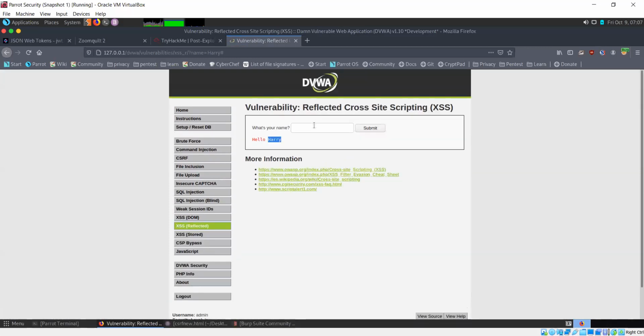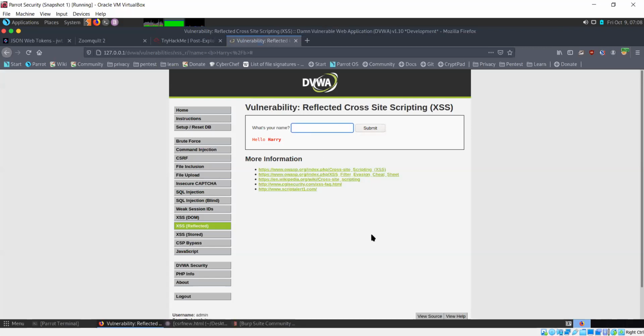What if I wanted to try something and make this Harry appear bold? As in, when we do bold or italics in formatting. For bold, in HTML, this is B, the tag used for bold text. Let's try, see whether it works. So it's working. Hello is normal text while Harry is coming in bold, since we were able to get that